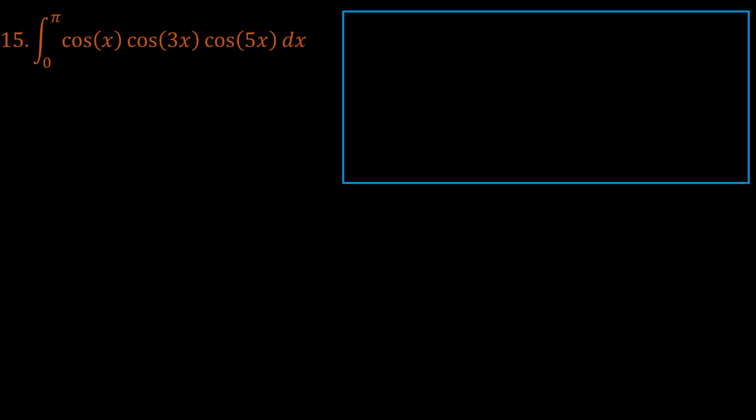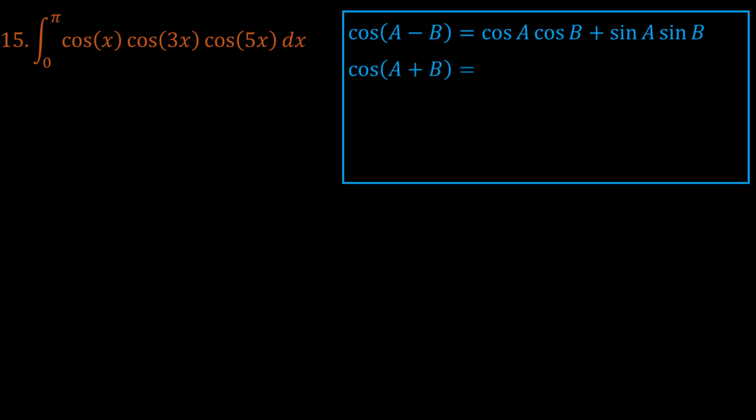Then problem number 15, which is a definite integral from x equals 0 to x equals pi of cosine 3x times cosine 5x. So this is just a product, and I would like to begin with my identities. Cosine of a minus b is the same as cosine a cosine b plus sine a sine b, and cosine of a plus b is the same as cosine a cosine b minus sine a sine b,